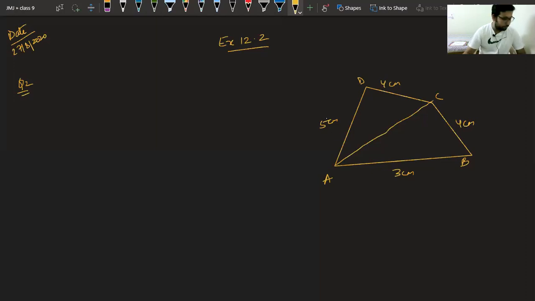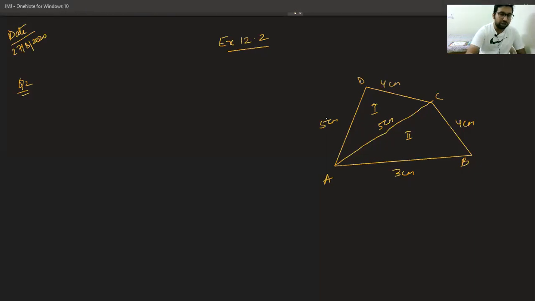Now, Kamaljot, I guess you are able to understand now. If you take this first triangle, can't you find its area using Heron's formula? Similarly, can't you find the second triangle? And after finding, just add them. It is very easy, Kamaljot, okay?